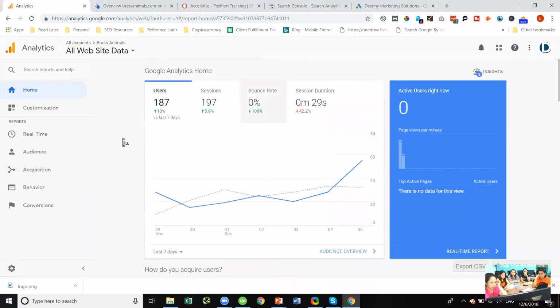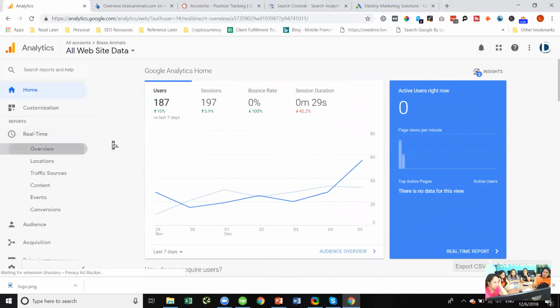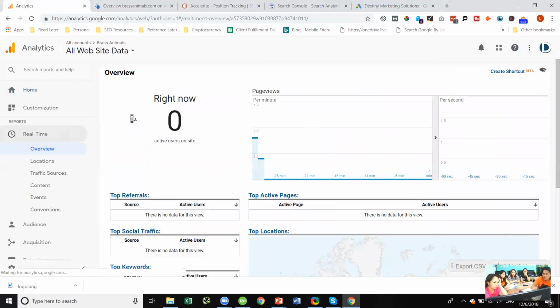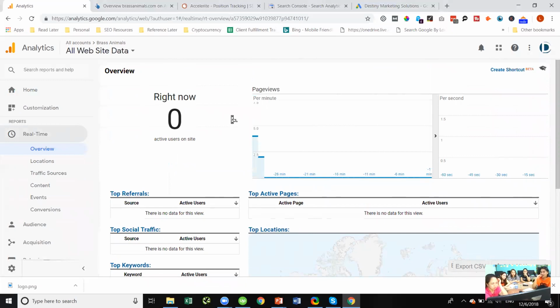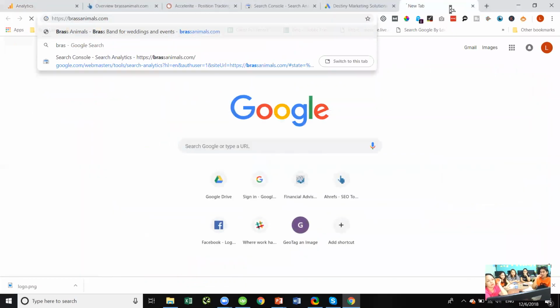Now, we can actually drill down even further to get more information. So I'm going to go over some of these reports. Real time is basically if we're looking at the website right now, that's exactly what's here. How many people are on the website and where did they come from? Right now, this tells me that there aren't any people on the website. So let's just say I were to open the website,